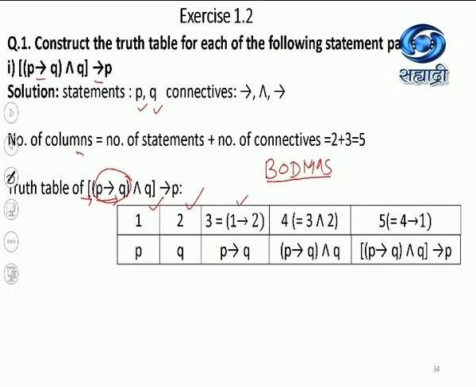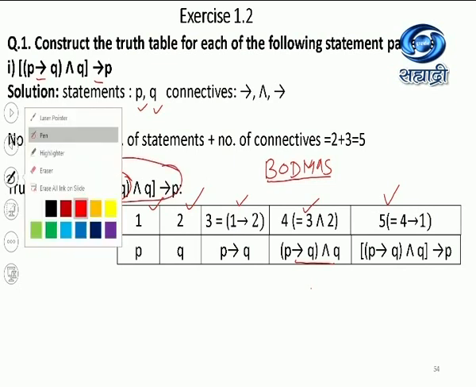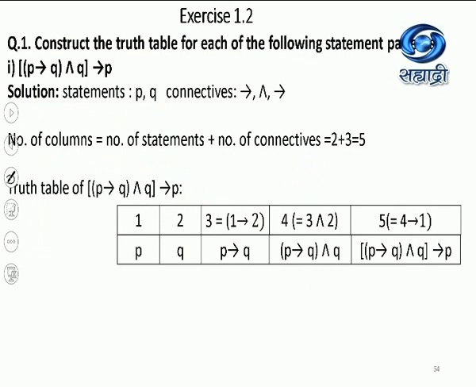Now what is the fourth column? We have P implies Q bracket and Q. So the entire statement pattern inside the square bracket will come in column 4. And what is the fifth column? The entire square bracket, which is this expression, implies P. Now, please note while you are writing the truth table, the last column will be only for the entire statement pattern. Since there are two statements, we know the truth values will be 4, 2 raised to 2 equal to 4.